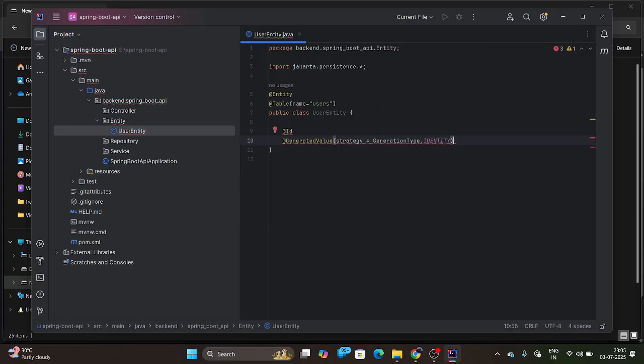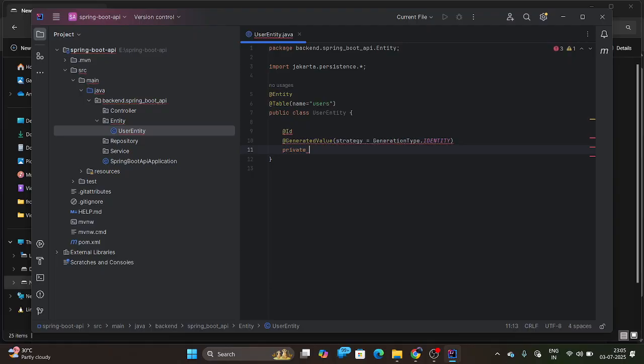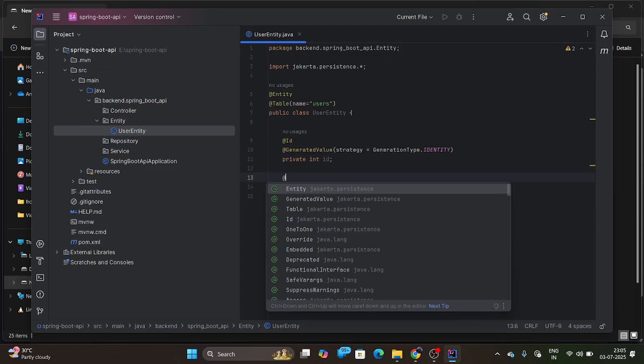Okay, and I give private Integer id, and I will also give